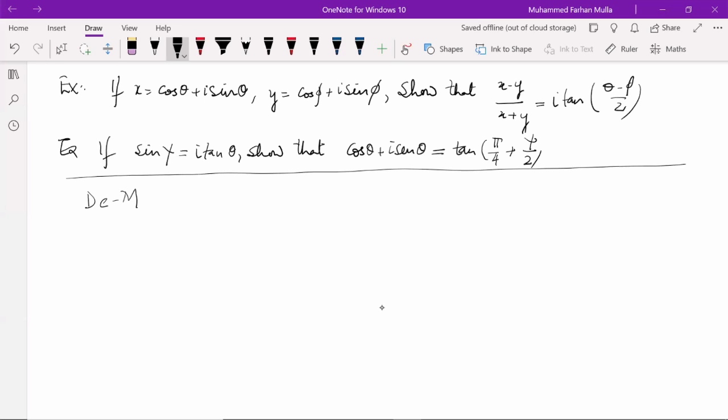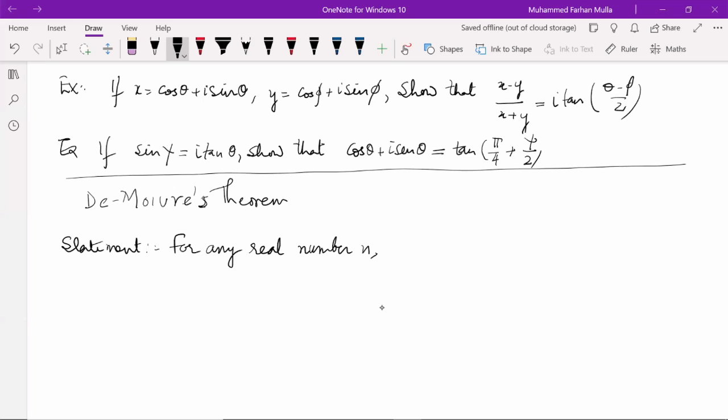De Moivre's theorem. So what is the statement of this? If you look at this syllabus, there is a statement you should remember. For any real number n, okay, for any real number